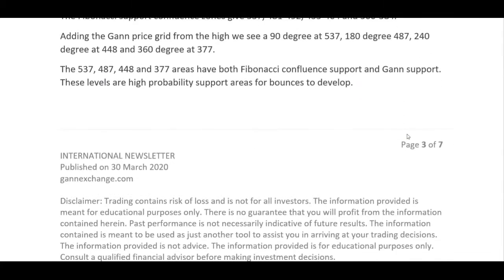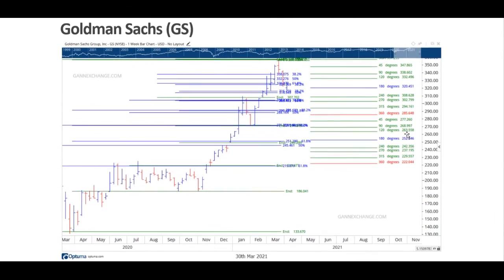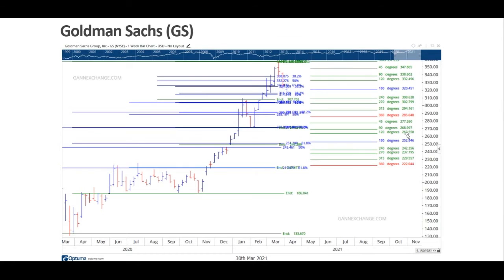The third chart that we looked at was Goldman Sachs. Here you can see it a little bit more clearly, and effectively what we're doing is the same thing. We're finding confluence in terms of support of Fibonacci and also the Gann dynamic. So here you can see we've got numerous lines converging at that area, and again here and again here. So those areas of support are 326, 316, 304, 288, and 268 in terms of